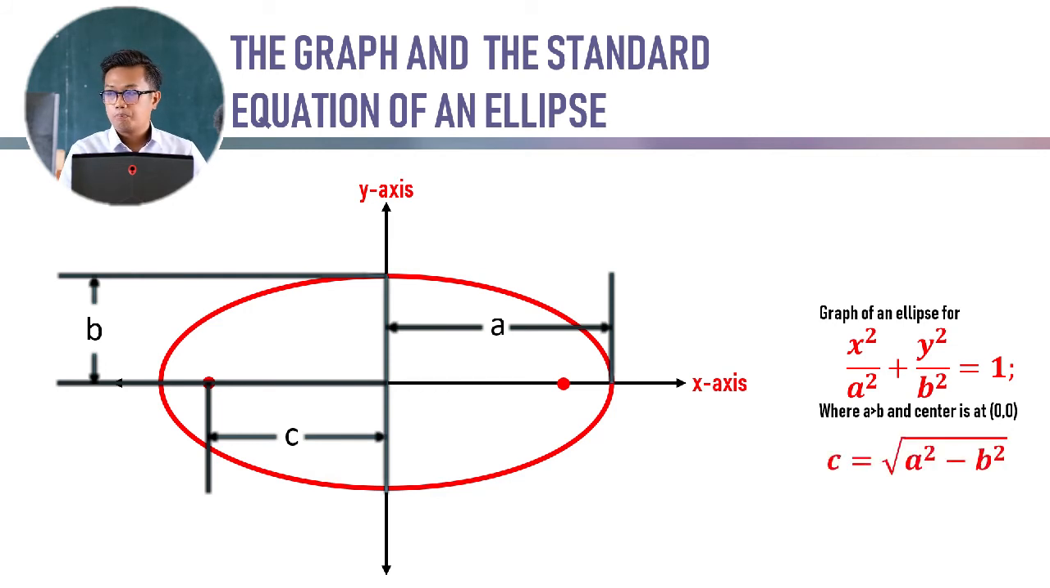So may ara na kita values ang imo nga A kag B, and C na lang ang kulang. Ang imong formula for your C in finding out the distance from your center pakadto sa one of your foci is C is equal to the square root of A squared minus B squared. Okay, now,